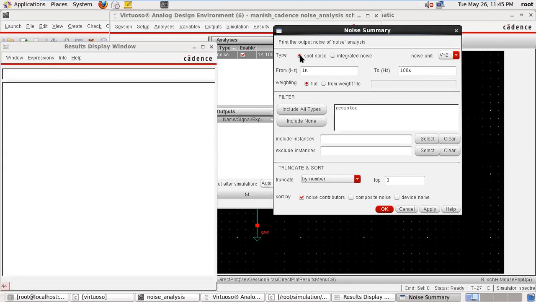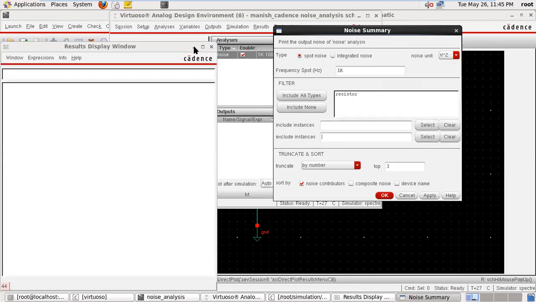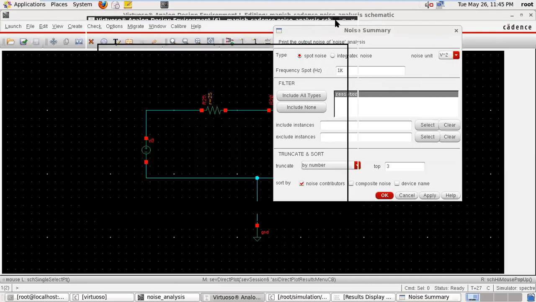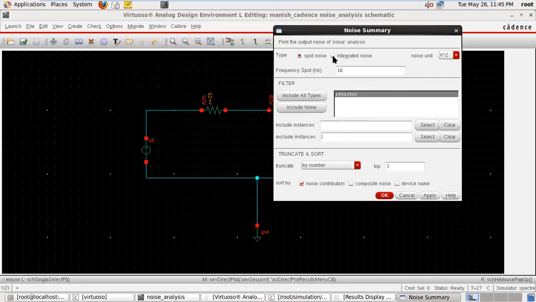Now we are drawing the spot noise, and here we have to choose include all type or include null. So include all type. Because our circuit has resistors, it shows only the resistors. If your circuit has a number of transistors or anything else, include all type represents what type of noise source elements are present in your schematic.